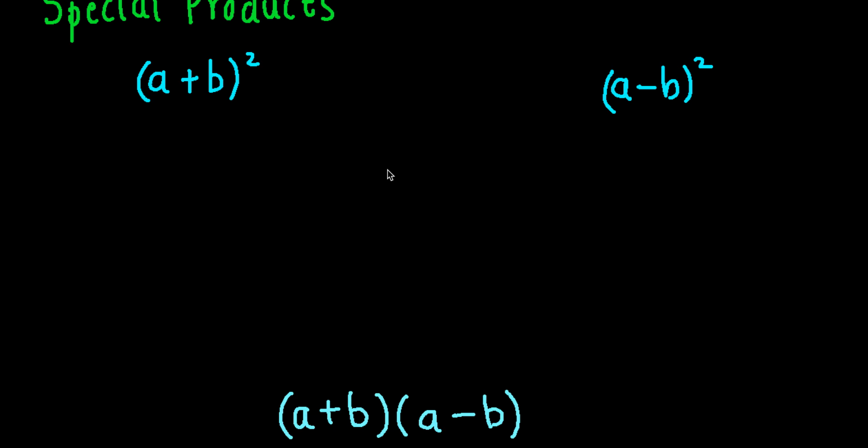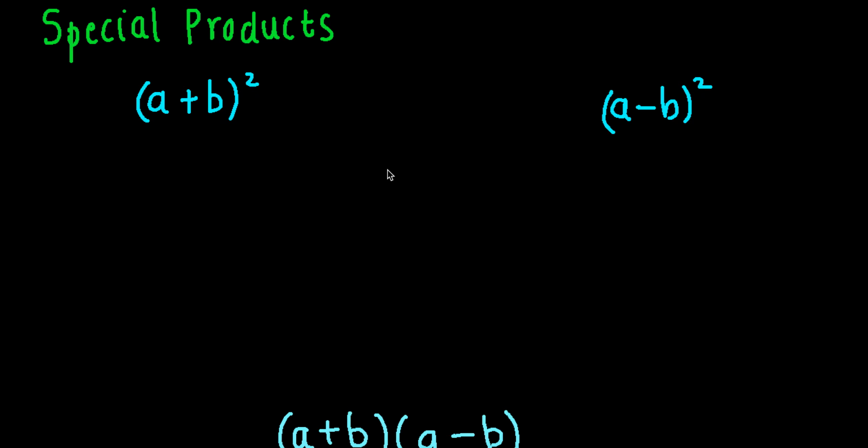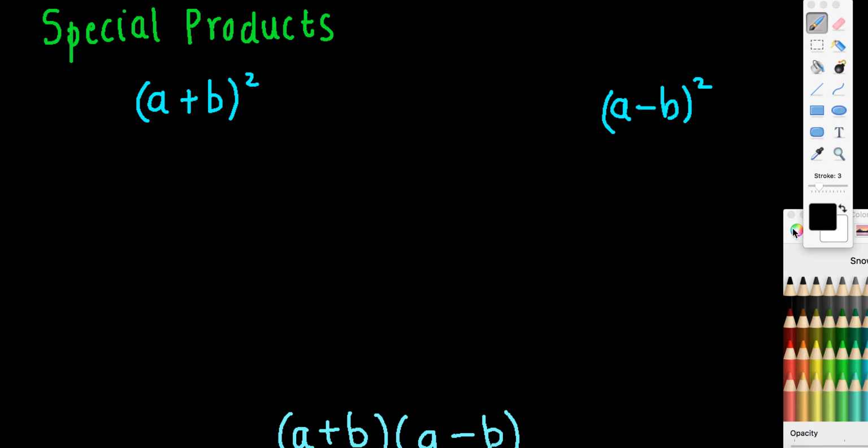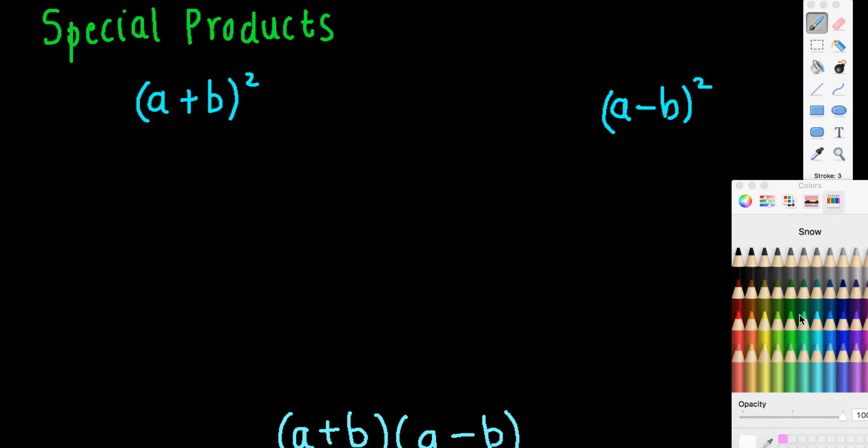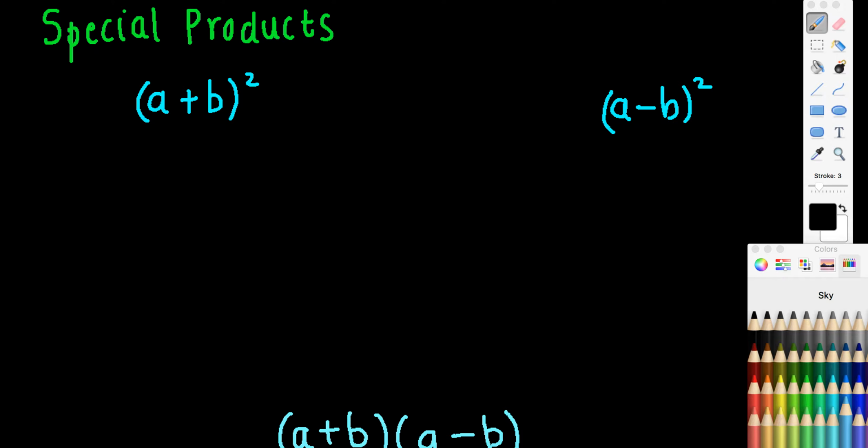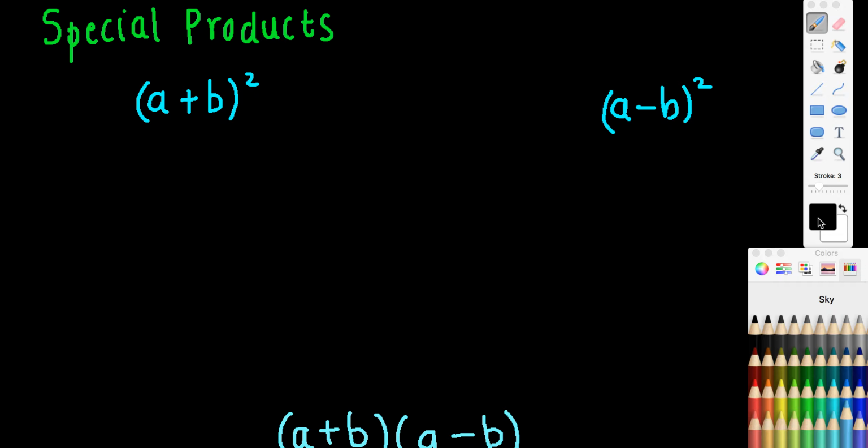What I want us to be able to do is to recognize first that we are working with a special product, and I'll first remind you of what happens when we do expand these, because they will expand the same way every time. So it means that we have some shortcuts to work with. So with this first one, this is going to expand out as, once I get a pen that works,